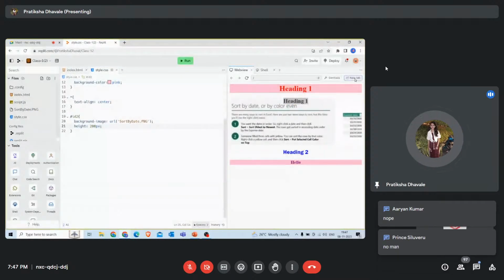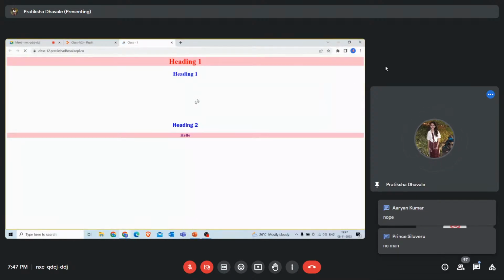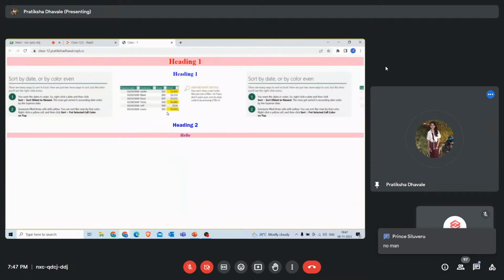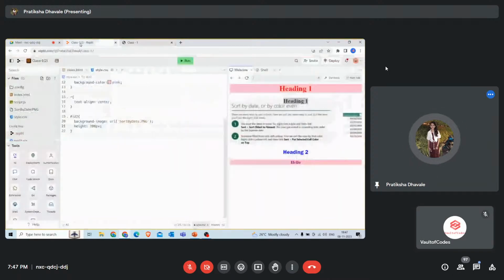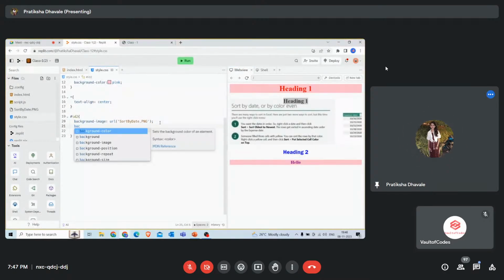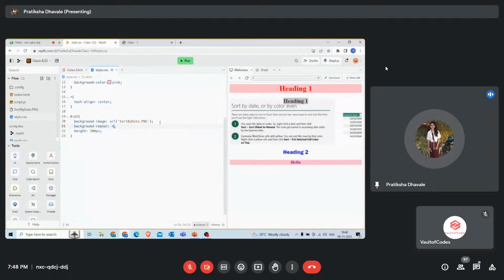Okay. I want to show you something. Guys, if you can see, it's a single image, okay? Only this part. But it is repeating two times, okay? Let's say you don't want your image to be repeated. Then you can give one more property, which is background-repeat, okay? Here you will mention no-repeat, okay? If you do that